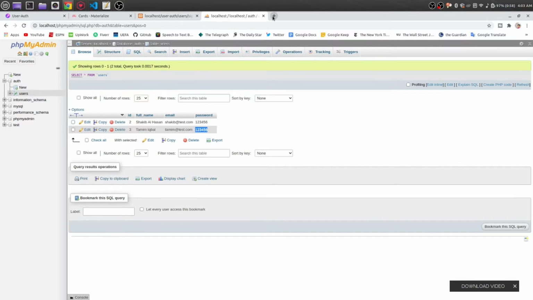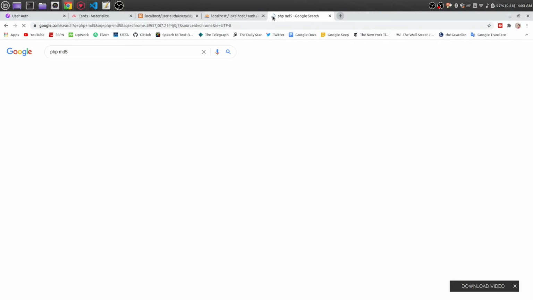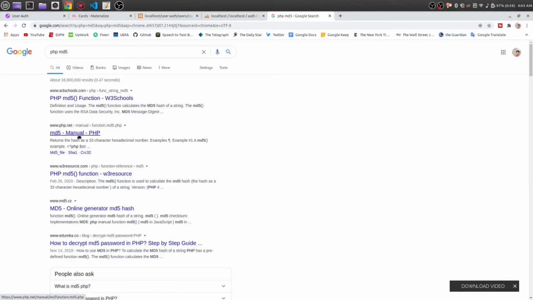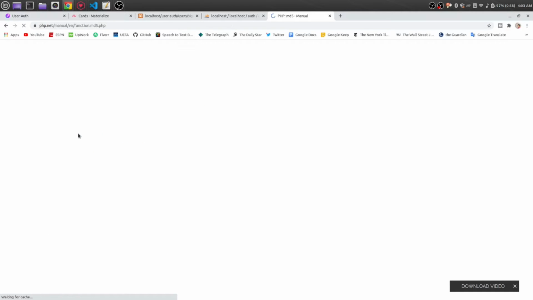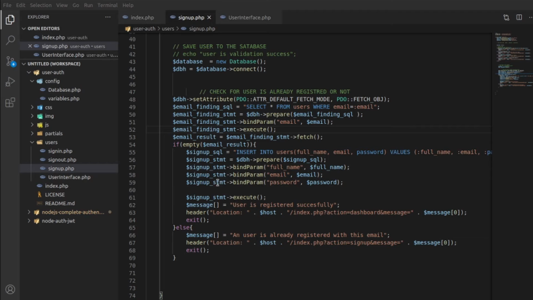For that, we are going to use a PHP function, that is md5. PHP md5. Here you can see how to use md5. When we are saving password, we are binding with a variable. Let's take it inside md5. Okay,